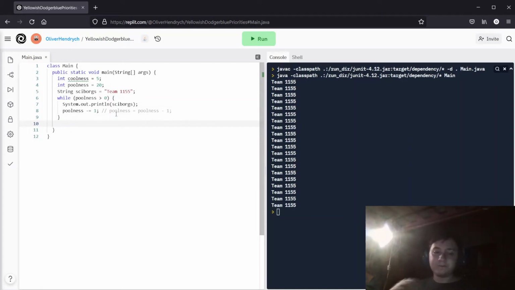So we actually have a certain syntax for doing that. For condensing this: int poolness equals 20, poolness is greater than 0, poolness minus equals 1. We actually have a way of condensing all of that, and that's called the for loop. So what does a for loop do? There are 3 parts to a for loop, I guess 4 if you count the code block. So in this first one,